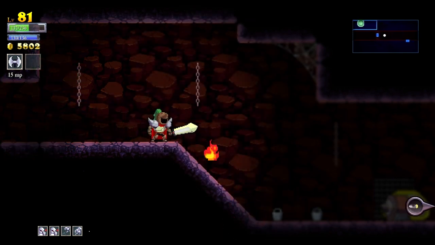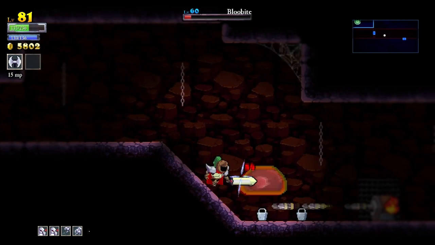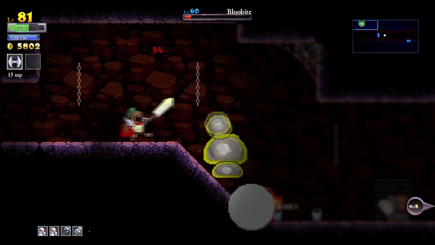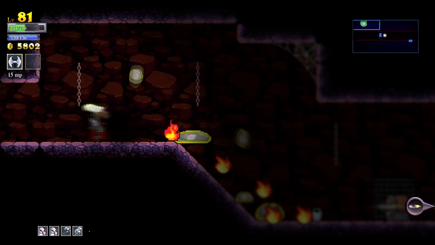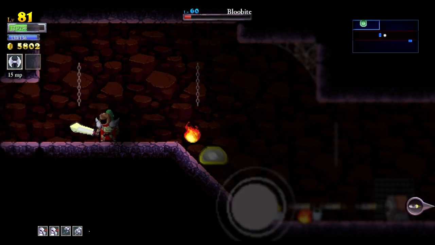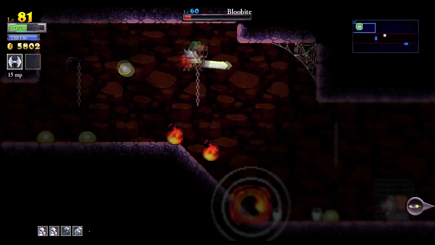Let's see if I can finish off the rest of these guys, and then... Oh, there's another big slime down in there. Well, then fine, then. That's a major problem. Oh, there's 2 big slimes down in here. Well, that's no fun at all. So we're going to have to hold the line right here for a moment. They are going to be laying fire down on the ground, so...